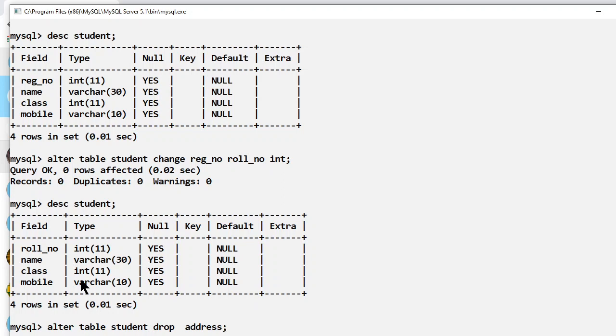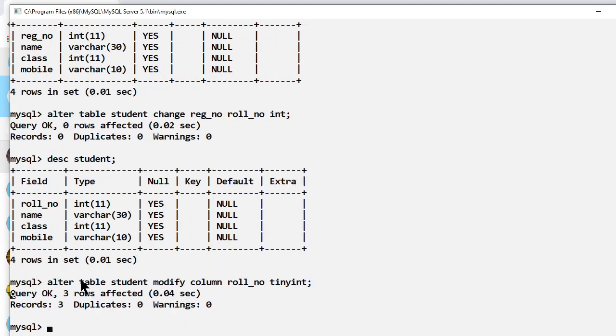Now what if I want to change the data type of any field? Then again I will use the alter command, and here I will write alter table student, modify column roll number. Now instead of int I am using tiny int. Okay, query executed.